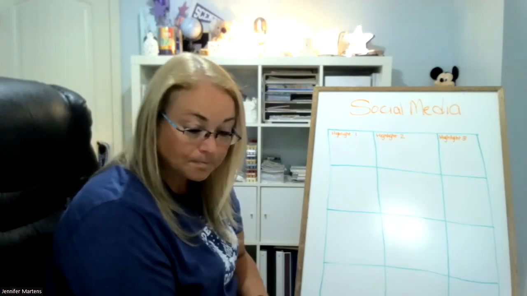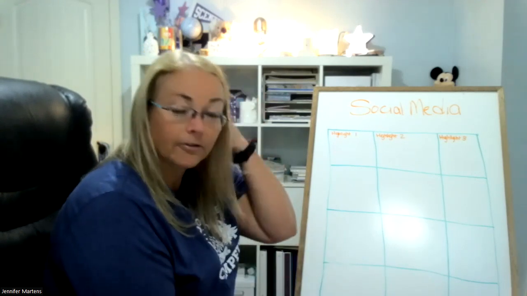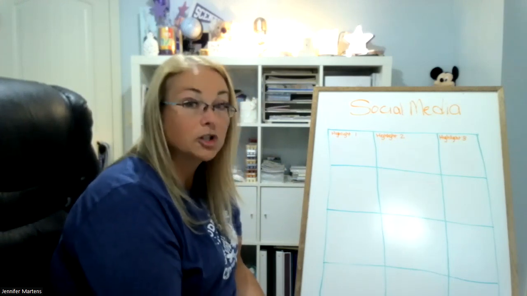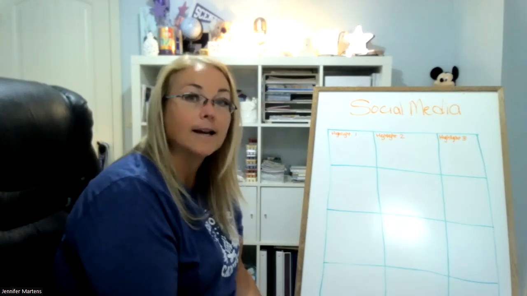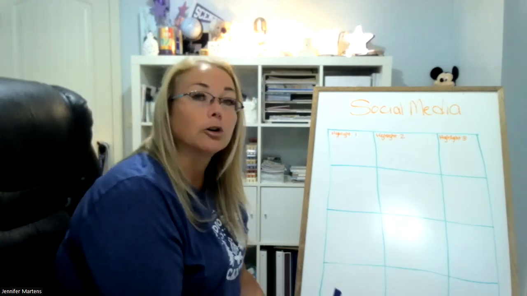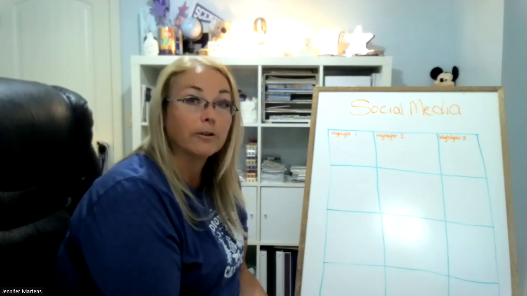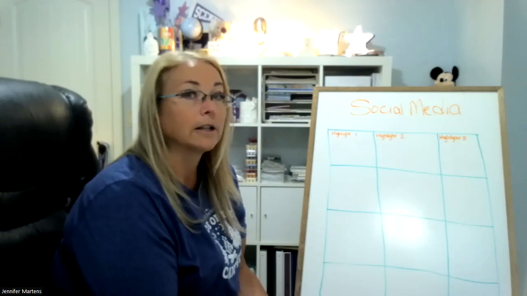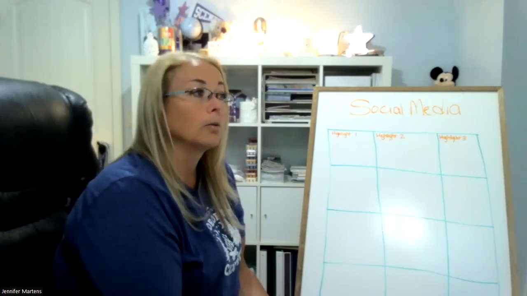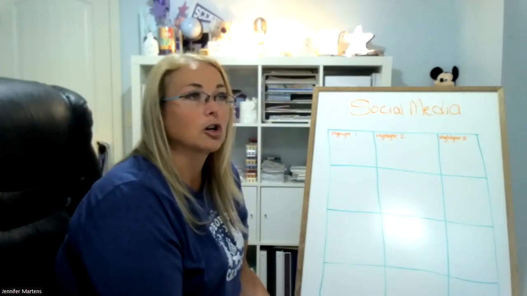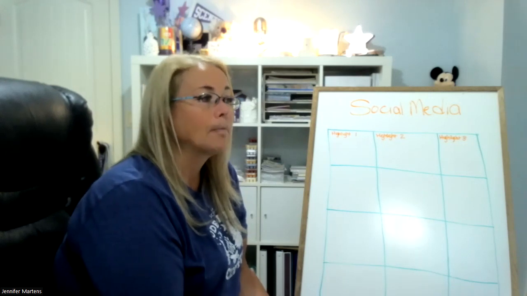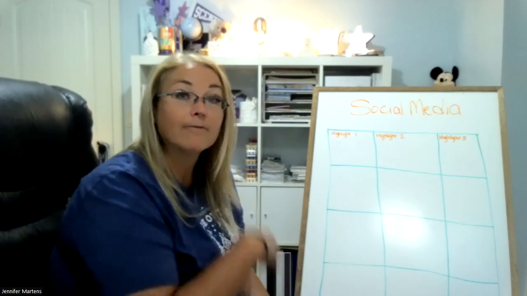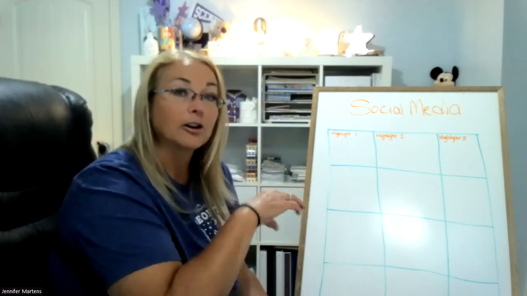Then you can have highlights. If you go to mine, you'll see I have different highlights there. And of course, you want to have a highlight for each of your 3 branding topics. So mine, of course, are faith, family, fragrance. If I take a picture and I'm doing something with my small group, or Jacqueline is doing something with her youth group, or we're at church, not that I really take pictures at church, or if I post a verse that I'm working on memorizing, I will save that story into my highlights under faith.